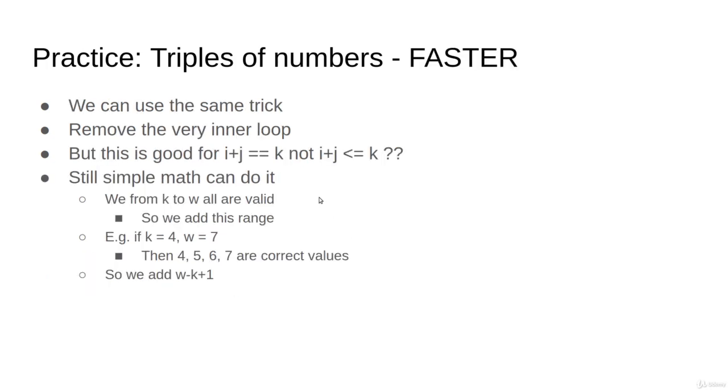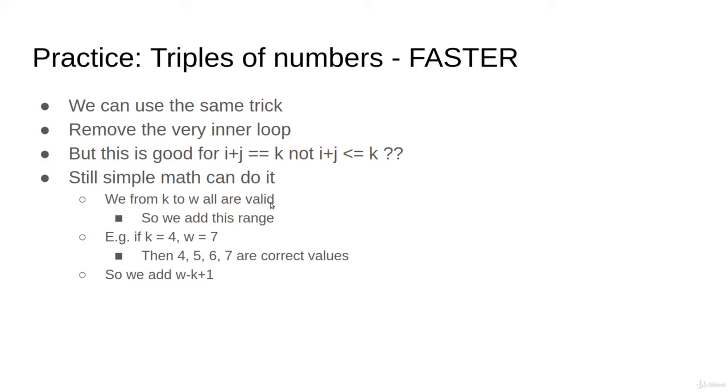Exactly the same trick, but just one minor change. In the previous one, we needed to say i plus j equals k. Now it is i plus j is less than or equal to k. Here it was just one valid value, but here it seems more than one valid value. Still, the math is easy. If